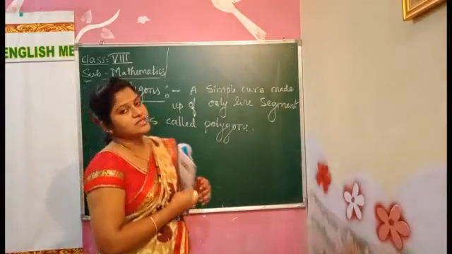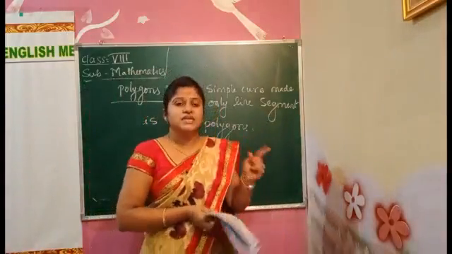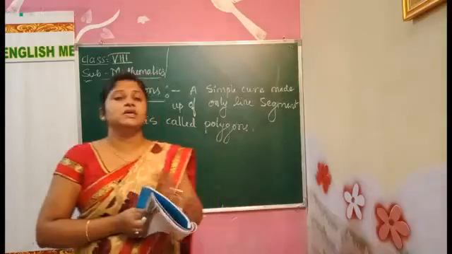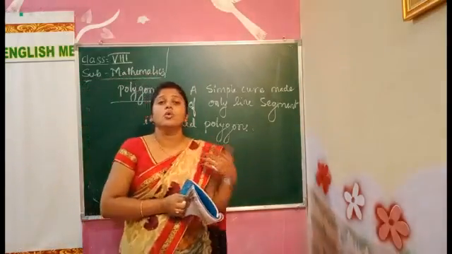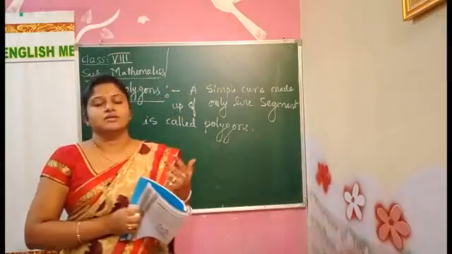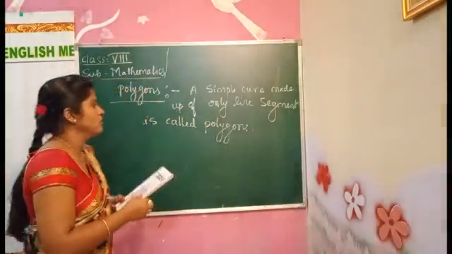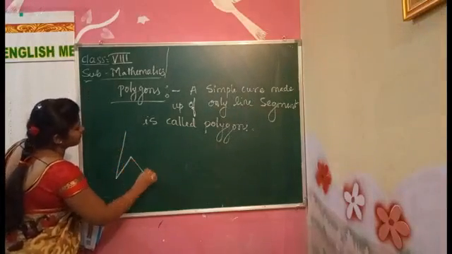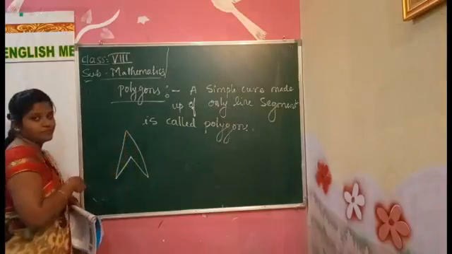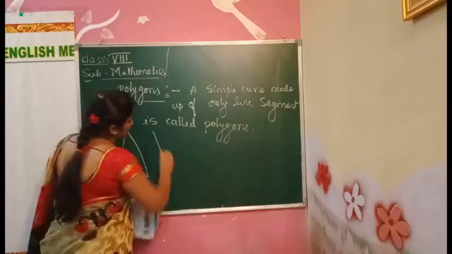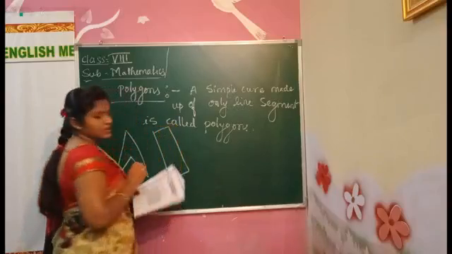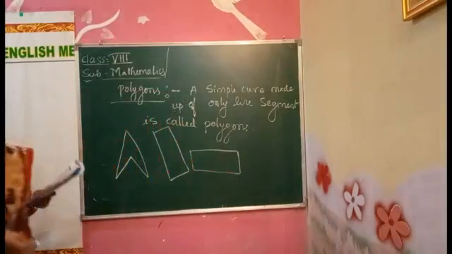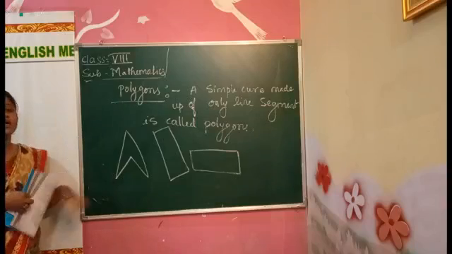It is a simple curve, but it is made of line segments. And here one more thing, in polygons we see no intersection or overlapping on one another. That is called a what? Polygons. The example for polygons will be this one. They are not overlapping. See, they are not overlapping here. And this one, it's not overlapping. Here also, it's not overlapping.